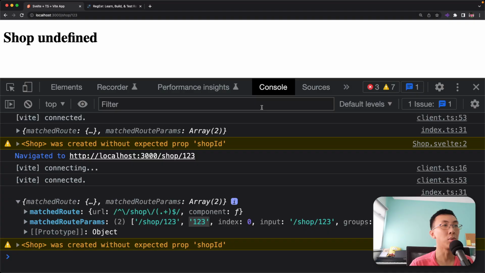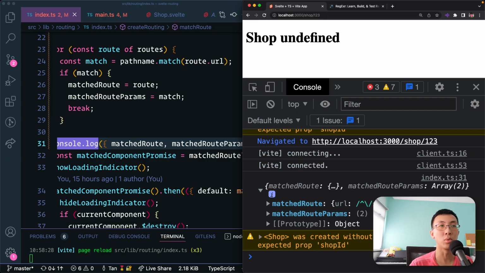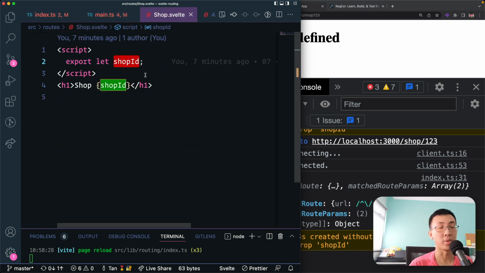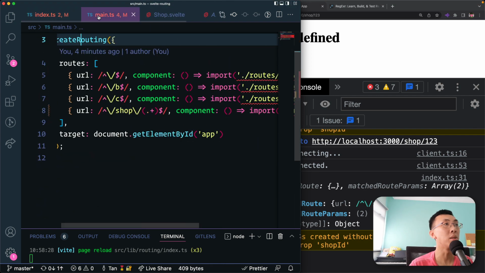So how do we do that? How do we convert this 1, 2, 3 to shop ID, which will be used in our shop props over here? Firstly, we need to know that this has to be named shop ID, and it's nowhere to be seen over here in this